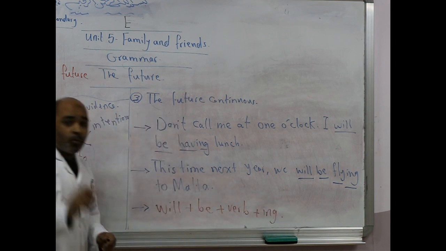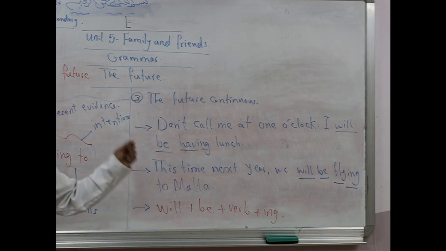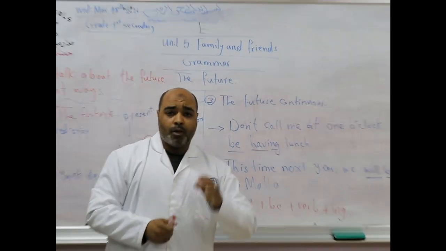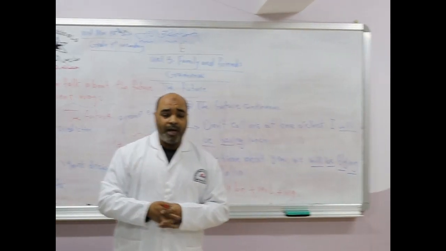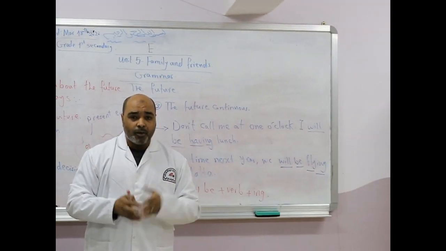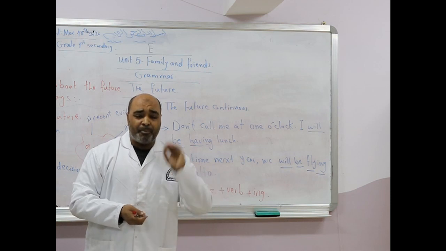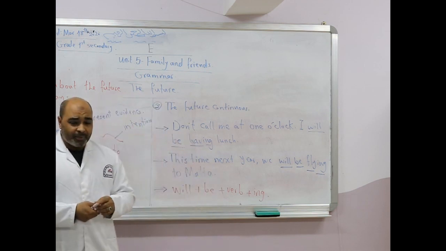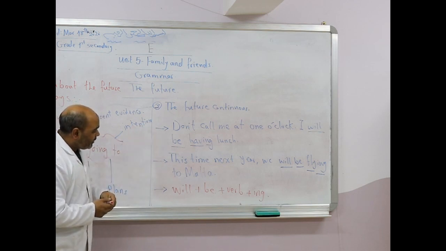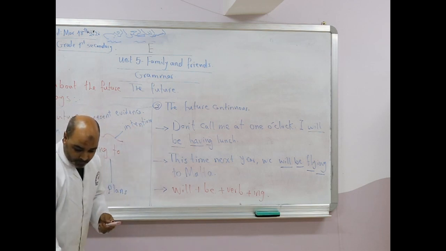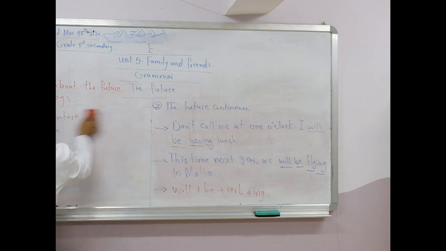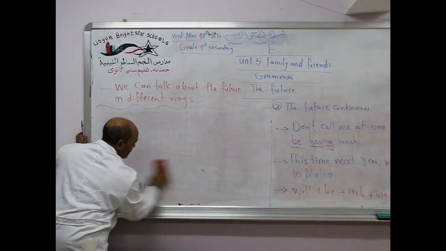The question is, when do we use this tense? We use the future continuous when we talk about something which will be happening at a particular time in the future. Okay? Can you give me an example for this one? Yeah. We can say, by using another example,